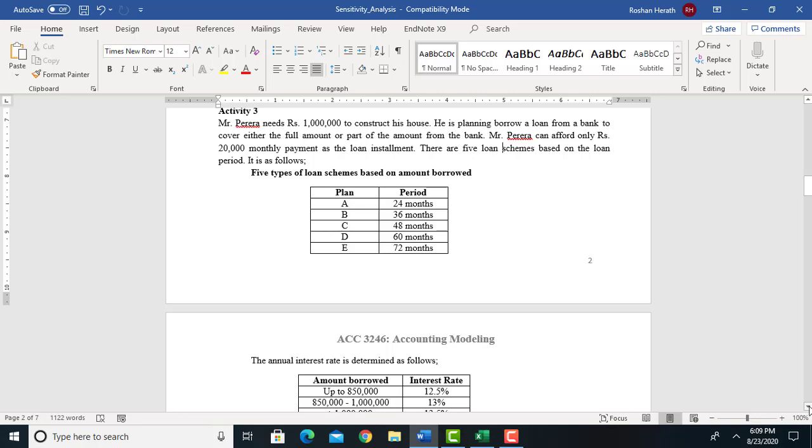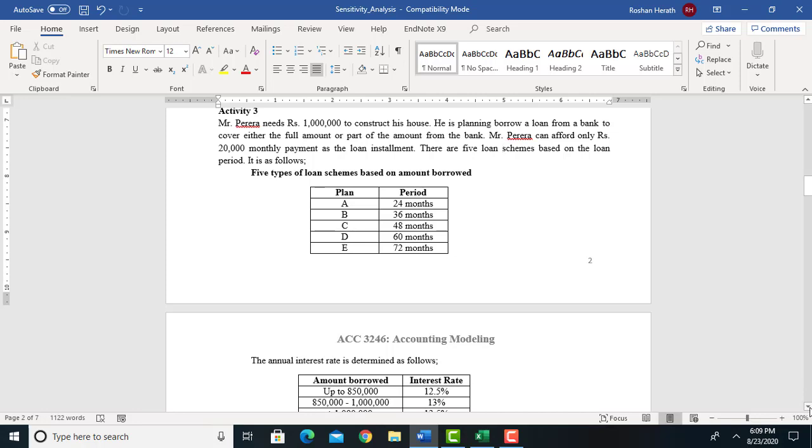So the bank has offered Mr. Pereira 5 loan schemes: plan A, B, C, D and E. And in each of these plans, you can see they have specified the maximum period. So plan A is designed for 24 months. Plan B is for 36 months. C, 48 months. Likewise, they have several plans